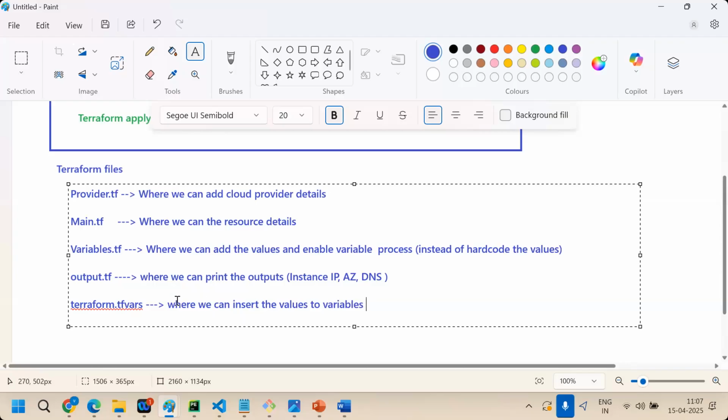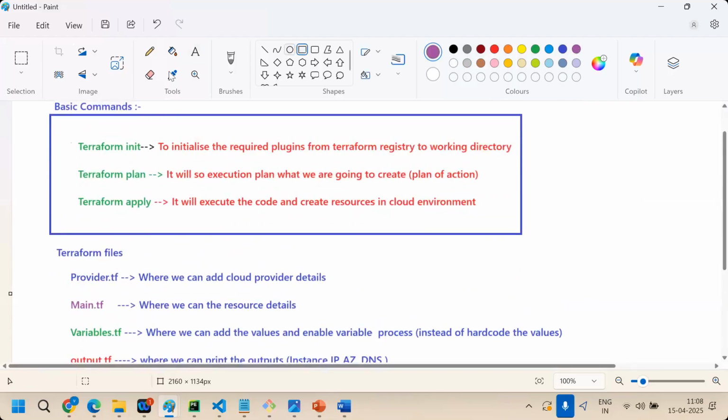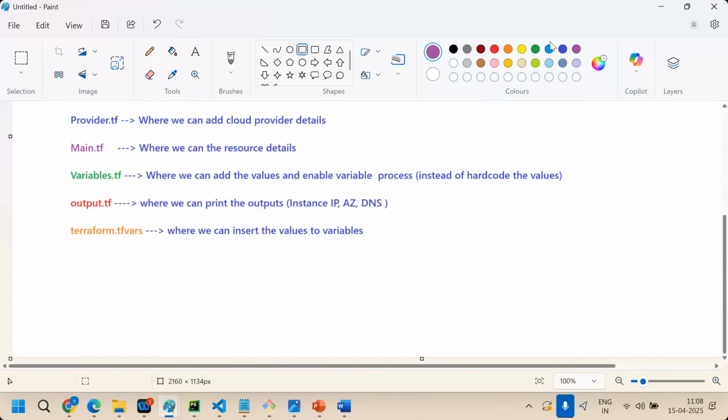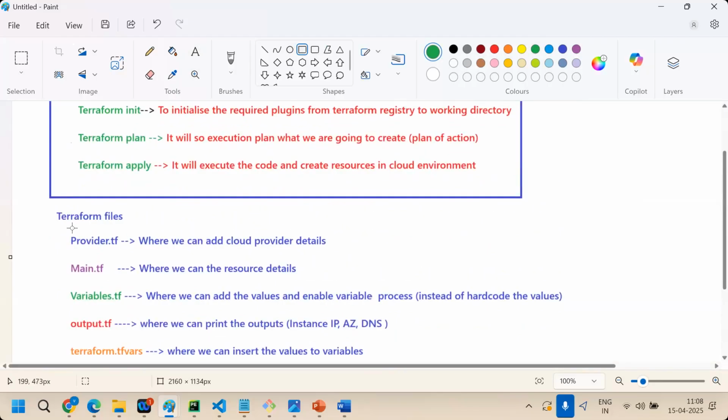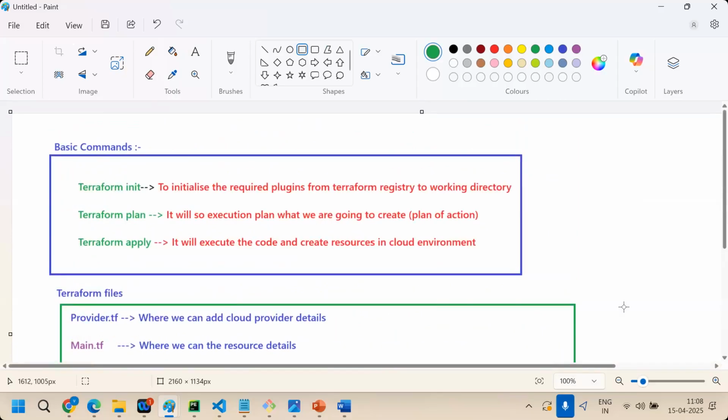I will discuss everything, don't worry. Practically we'll discuss everything, so you will get clarity. Clear, the important files?